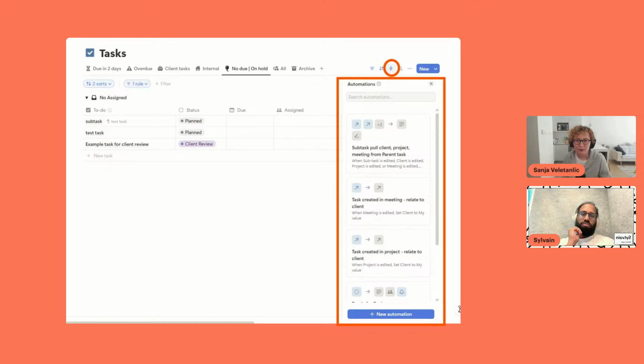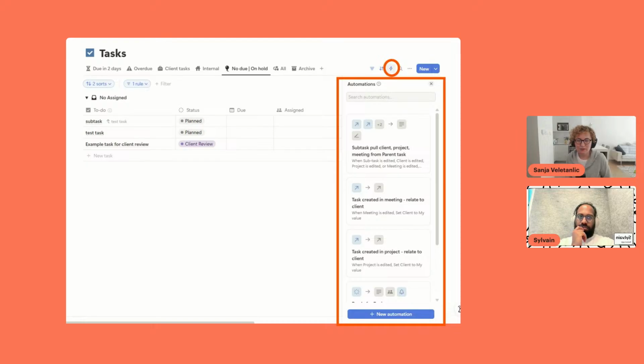Okay, so for anyone who is not familiar with Notion automations, I circled the icon here just to show you where you can actually find the automations in a database in Notion. This lightning bolt symbol is where you go to create a new automation for the database that you're in.